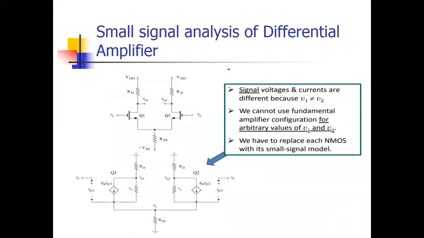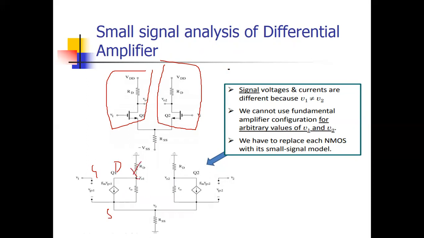Now, how do we do a small signal analysis? For a small signal analysis, first of all, draw the small signal model for this part. Then draw the small signal model of this transistor. Then attach this RSS. If you remember my previous lecture on small signal analysis of MOSFET, here is your drain, here is your gate, this is your source, and there will be a current source gm VGS, this output resistance ro, and this RD. You can attach RD here also, or you can write ro parallel RD. Same here, you can attach RD here. This is for one transistor, this is for the second transistor.